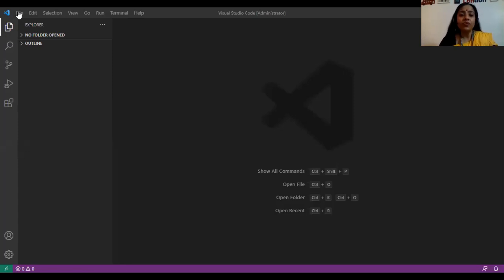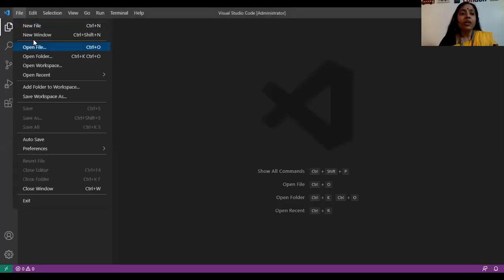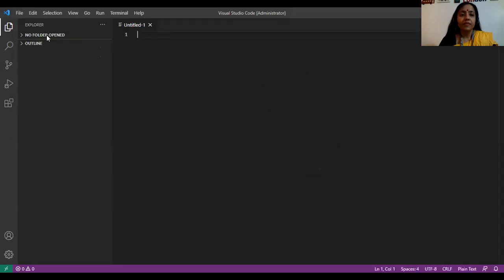You can go to File. You can see on top left, you can go to File. You can go to New File. And you can type your program here.